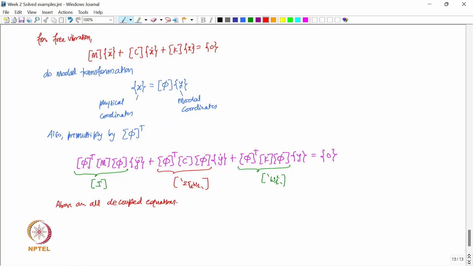So, then I can focus my attention on any one equation, they are all decoupled. Each one can be treated independently. If you look at the rth equation, I will have y r double dot plus 2 zeta r omega r y dot plus omega r square y r is equal to 0, correct. And let me now use this space,